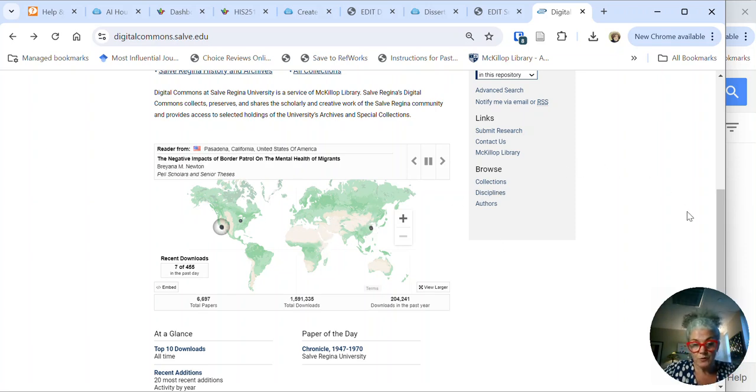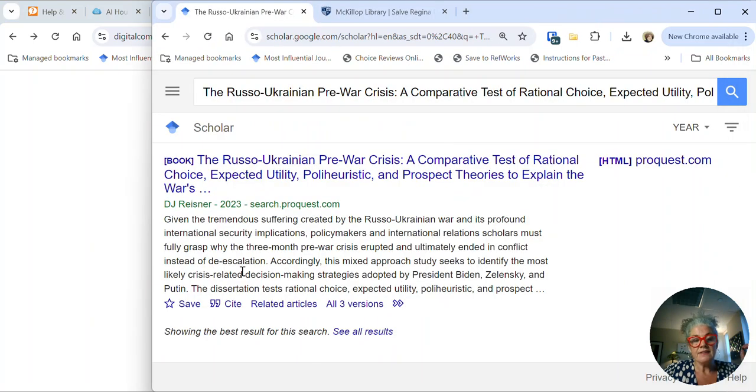The way it shows up in Google Scholar is that it's indexed in Google Scholar, and this is the main way that researchers will find your work and access it, especially if they don't have access to full text library databases. And even if they do, Google Scholar is very popular, as you may have found doing your research. So in this case, this